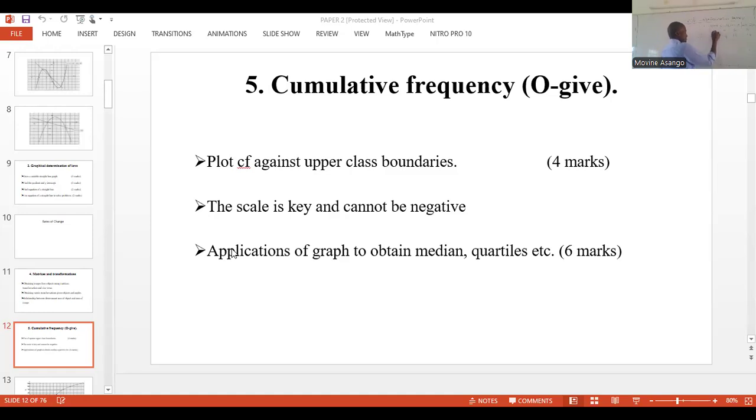Now look at what this student will be doing. This is 0. Because this is starting at 9, the first upper class boundary is 9.5. A student will be writing 9.5 there. Then for convenience, he will be writing 19.5, 29.5, 39.5, 49.5. Now that scale is not correct, and it is a mistake that most students have always been making. Why is it not correct? It does not satisfy one of the 3